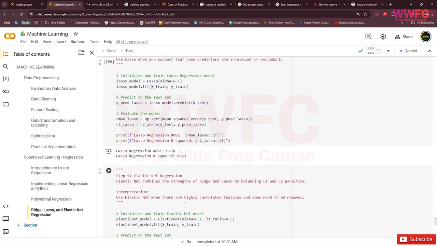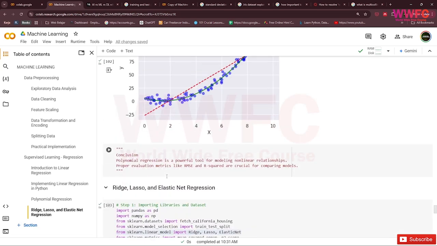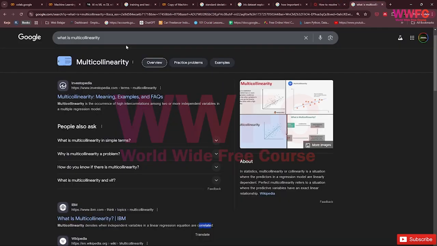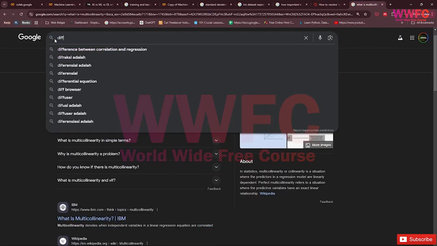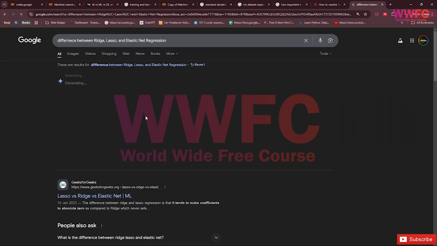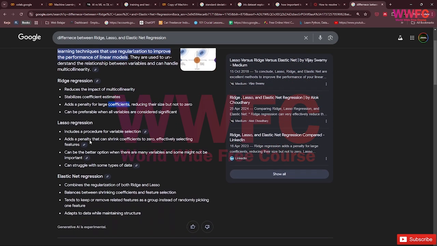So okay, maybe we check another in Google for the difference between them. Ridge reduces multicollinearity, stabilizes coefficients, and adds a penalty for large coefficients.